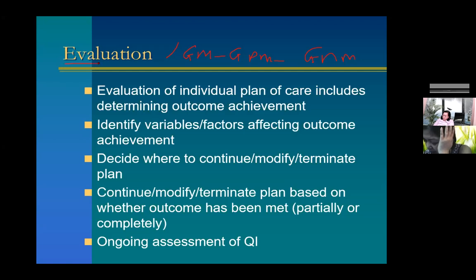Yan. So, evaluation of individual plan of care includes determining the outcomes achievement. So, ito yung goal not met, goal partially met, and goal met. Okay? Then, identify variables, factors affecting outcome achievement. So, ano ba mga naka-limit sa'yo para ma-meet mo yung desired outcome mo? Okay? Then decide whether to continue or modify or terminate. Paano mo malaman? Kasi kailangan mong i-evaluate. Kapag kailangan mo i-continue, i-modify, or i-terminate. Okay? Baka kailangan mong i-revisit yung assessment mo, yung diagnosis mo, your planning mo, at kailangan mong dagdagan yung intervention mo. Okay? Then continue or modify or terminate plan based on whether the outcome has been met or partially or